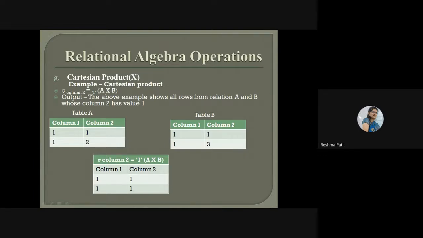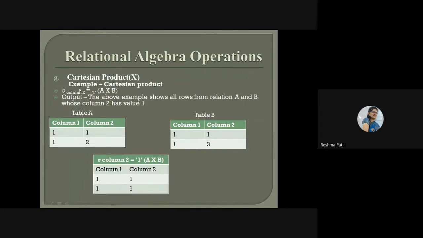What is that condition? We have to select where column 2 is equal to 1. We check the value of column 2 in table 1 as well as table 2. If it is 1, it will show this record. Here also, it is 1, so it will show this record. We will get duplicate records under this Cartesian product. If you check this output, you are getting the same record again, because the same record is available here and here.